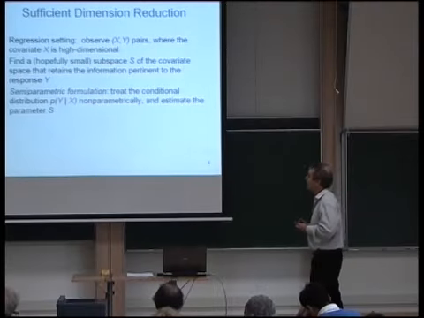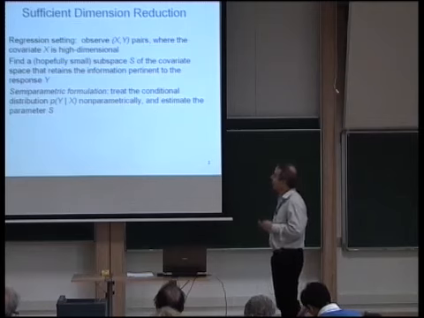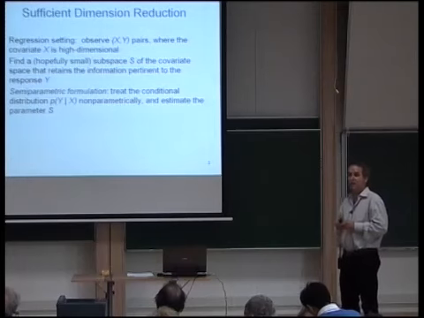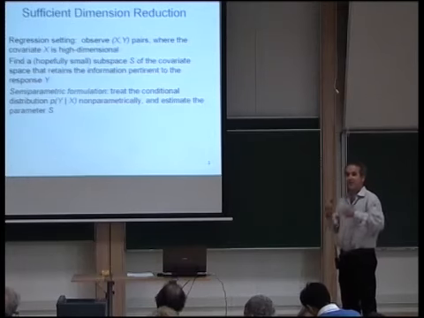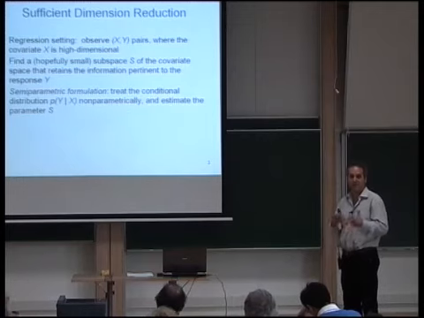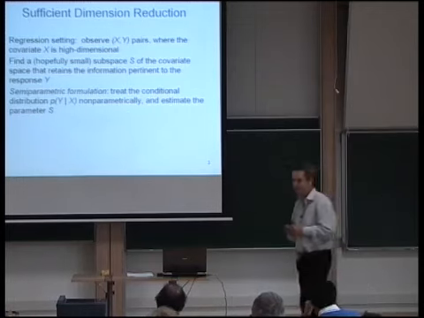And we want to not care about the P of y given x. So it's kind of an odd setting for regression, but it's just like in linear discriminant analysis. This is sort of a pre-processing stage. You find the subspace, and then you start over again. Having found the subspace, then you're free to do any kind of regression or classification methodology on that subspace you want. Okay, so